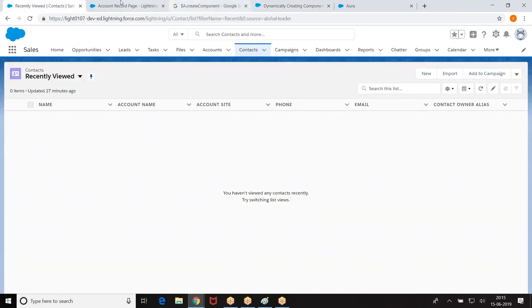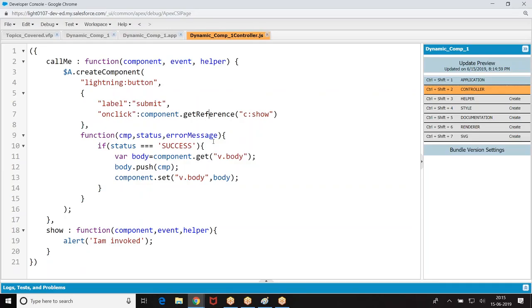So go to the component here. What is that component we had? Refer to the page. Some spelling mistake here. Whatever we gave here, the same thing should be used here.